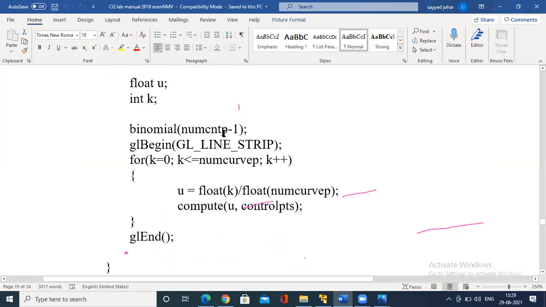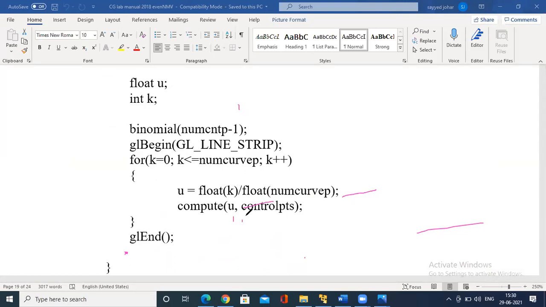Why do we need binomial? N minus k, that is nCr. We have to draw a number of line strips using the curve points. We have 20 curve points. So 20 curve points have to be drawn in between the 4 control points. So how do you draw it? For each individual, we'll take one value of u. The u value is calculated as 0 by 20, 1 by 20, 2 by 20. As such, we proceed, and those values are passed.